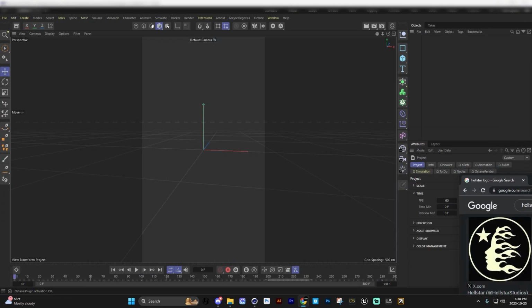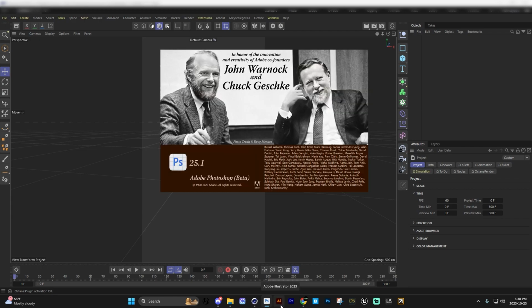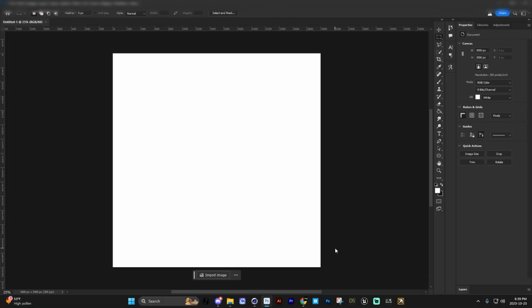You just want to right click it, save image as. Obviously save it, and then this is where another program comes in called Photoshop. You do need Photoshop to do this step because you won't be able to bring the logo into 3D. So this is the way I do it. Just open up your Photoshop and import the logo. Once your Photoshop is open, just give it a few seconds to load up. I like to make a canvas 3000 by 3000 pixels and 300 DPI. Also, don't ask me why. It just sticks and works for me.